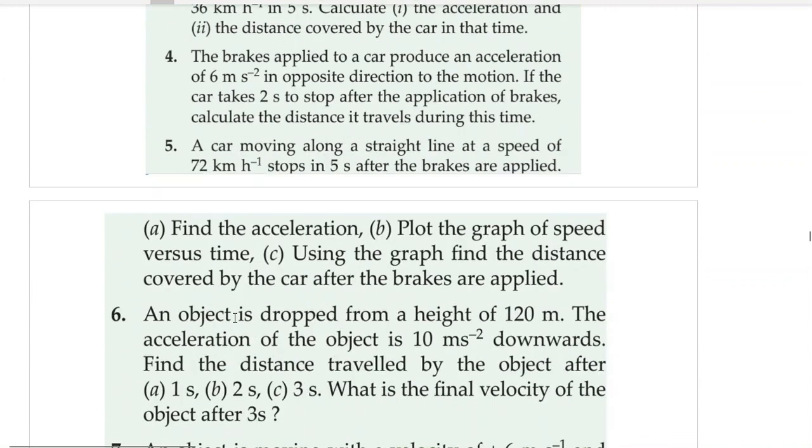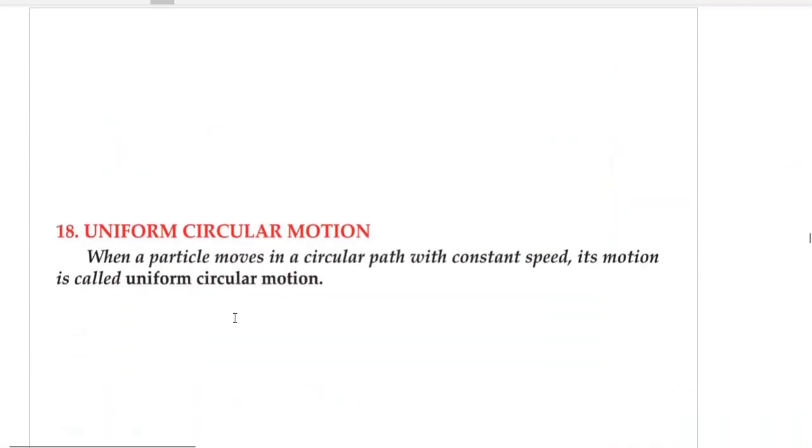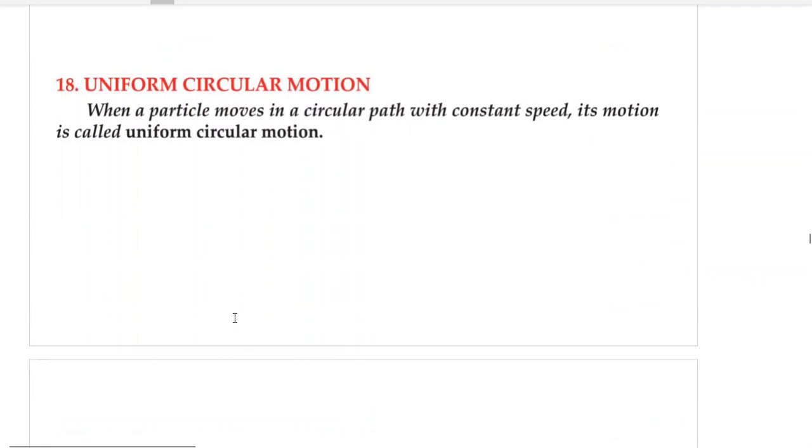So this part is over, and there is this exercise which I'm going to give to you. The next part, which is the last part of the chapter, is uniform circular motion. I'm going to cover this part in the next video. Why? Because in the next video also you are going to raise some doubts. With those doubts solved, this part and its numericals will be covered, and this chapter will be over. So very soon we are going to have the last lecture for this first chapter of physics. It was a very long chapter.